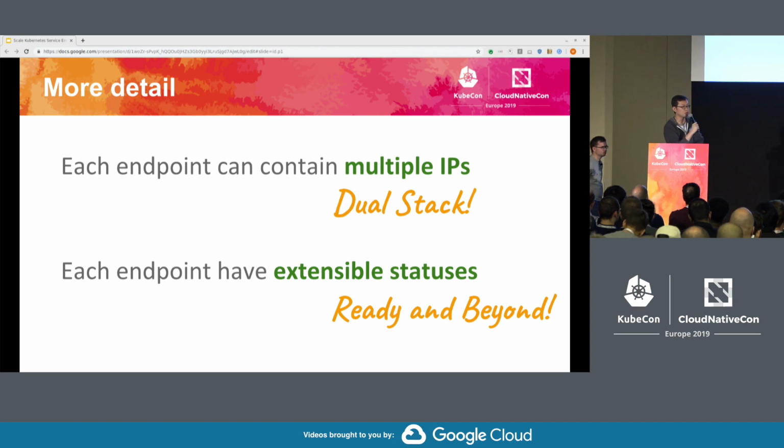status. So as the consumer of the endpoint slice API, which is particularly kube proxy, as the kube proxy gets more sophisticated, we can feed the kube proxy with richer information, like for instance, connection draining state or something else that the kube proxy can handle. And at the same time, this extensible status structure can also maintain backward compatibility. So let's say an older iptables-based kube proxy only handles ready, then you just need to care about readiness, right? You don't need to care about whether it's connection draining or not.